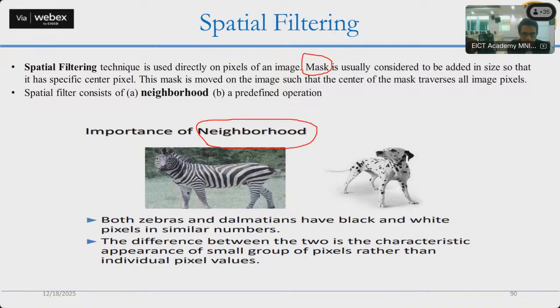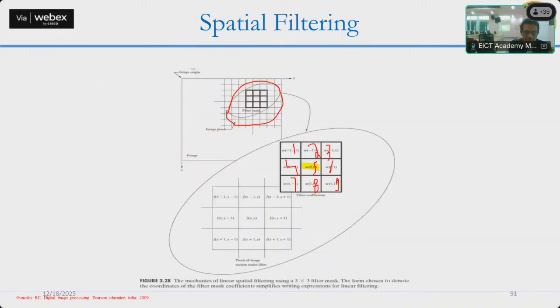Now what did we observe? The main object which is used in spatial filtering is the mask. What do we mean by the mask? As we have already seen, this is the mask here. This figure, for example this 3 by 3 block, is the mask. Or it is a filter. Both things are exactly the same. The mask is the initial thing which is used to do the filtering. In some books, it is also referred to as a filter.